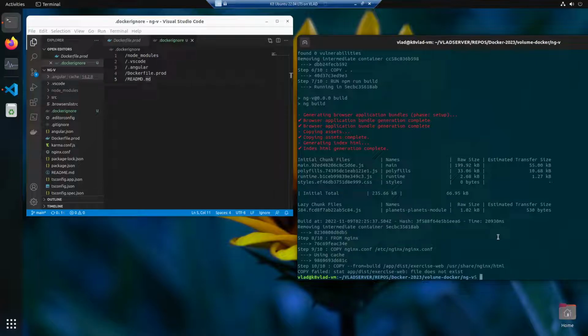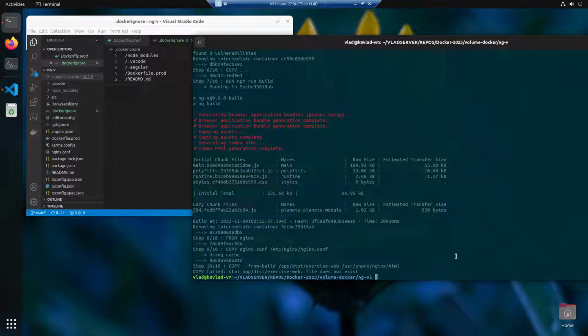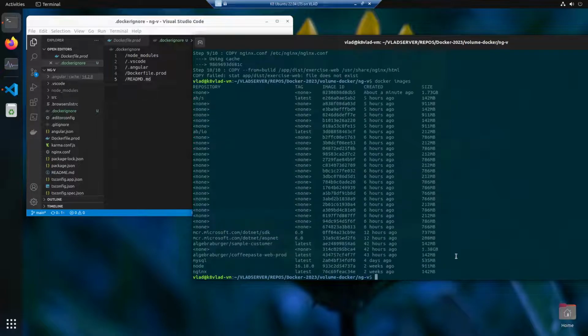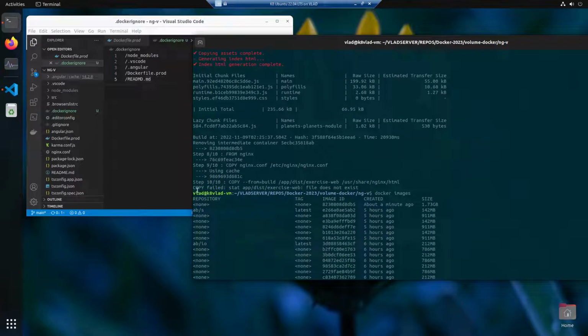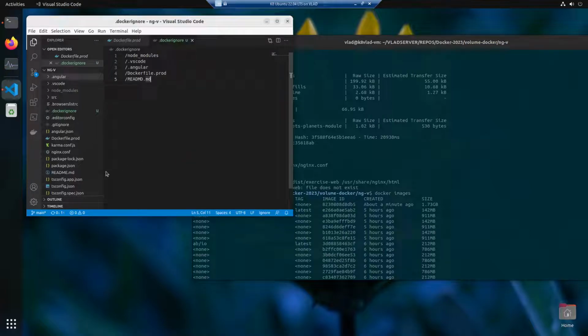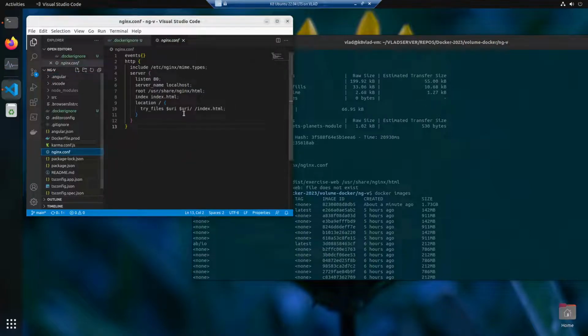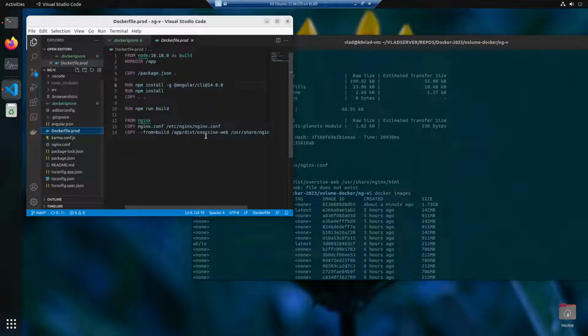So we already have our Docker image here. We should have our Docker image already, and then we can check if it exists. Docker images, and it didn't, because as you can see here in the output, copy failed. We just copy and pasted our Dockerfile here, and this path doesn't exist yet. So we're going to replace this with